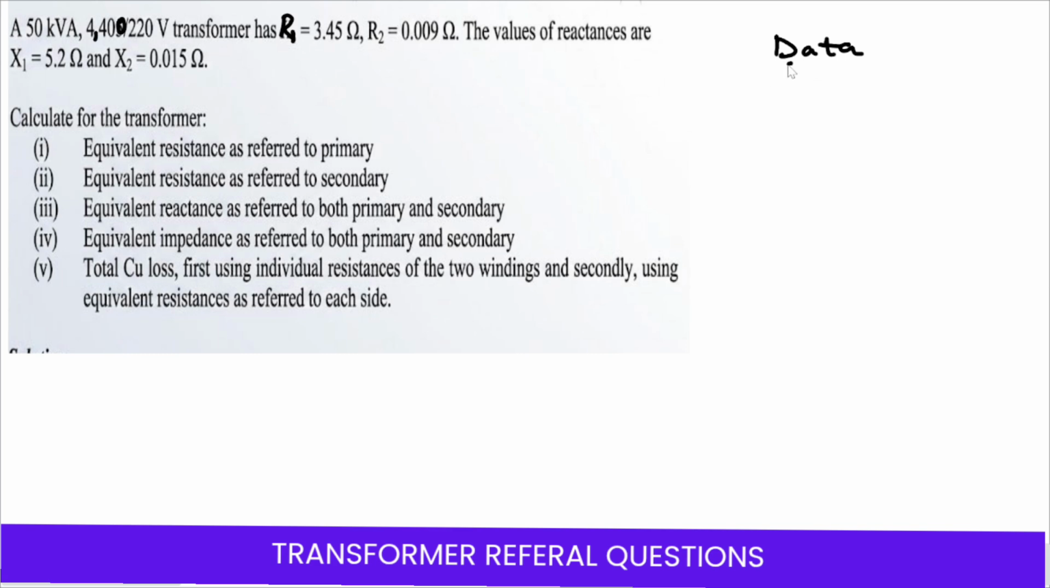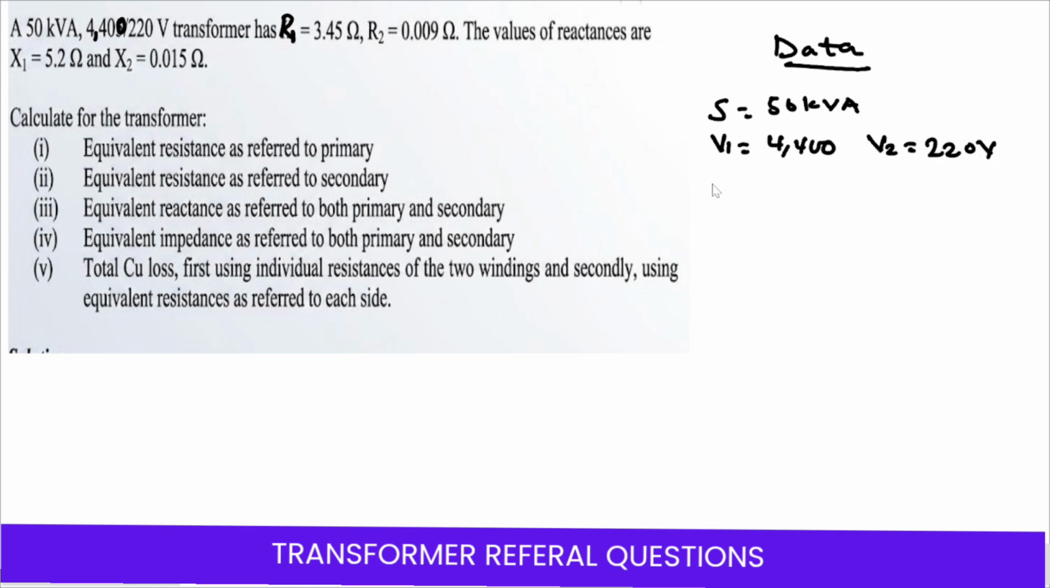So here we have the rating, which is X. X is equal to 50 kVA. The rating of the transformer is the apparent power. 4400/220 means that the primary voltage V1 is equal to 4400 volts, and that of the secondary voltage V2 is equal to